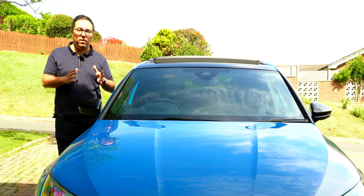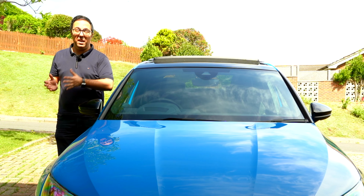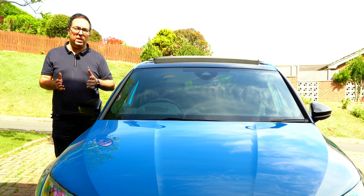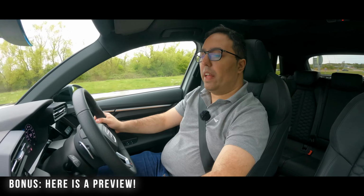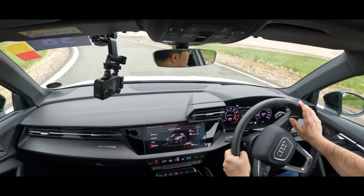Now, me personally, I'm a big lover of the saloon. I think it's the best looking of the cars. I'm not a fan of the design of the Sportback. If you want to see my video on the Sportback, I do have one. You can see me driving it over 100 miles an hour on a bowl test track. So this is a high-speed bowl here at Millbrook, and we're going to put it into dynamic as we join the high-speed bowl here